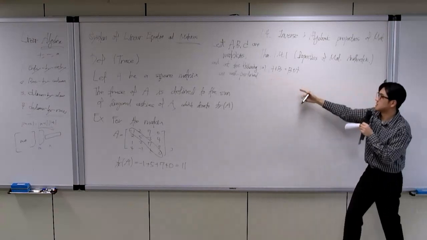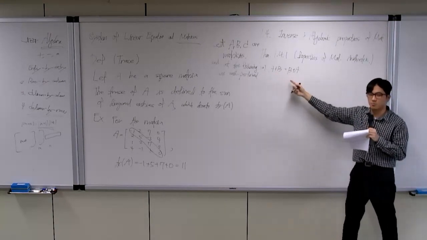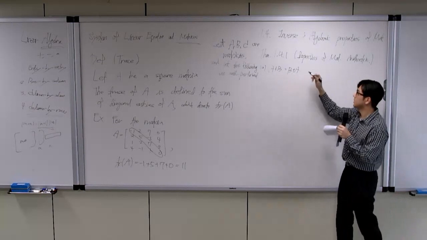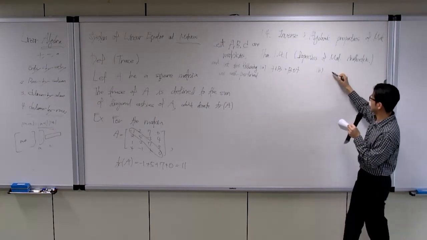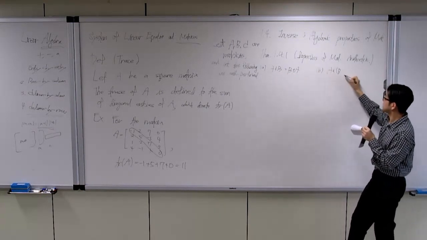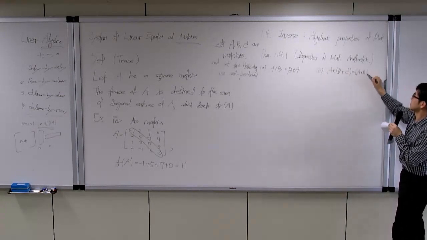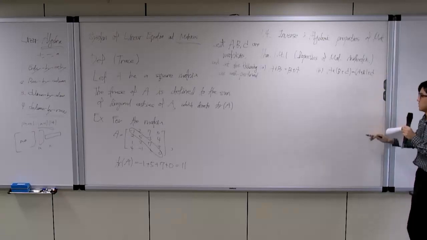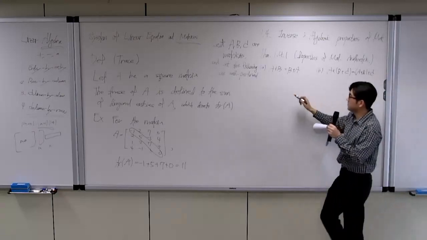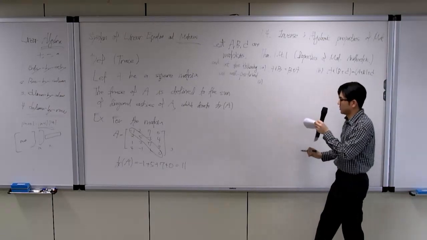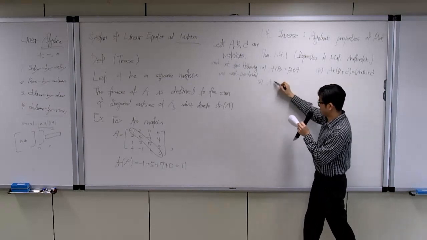In this sense, the sizes of A and B matrices are the same, and the associative rule is satisfied in addition, and of course